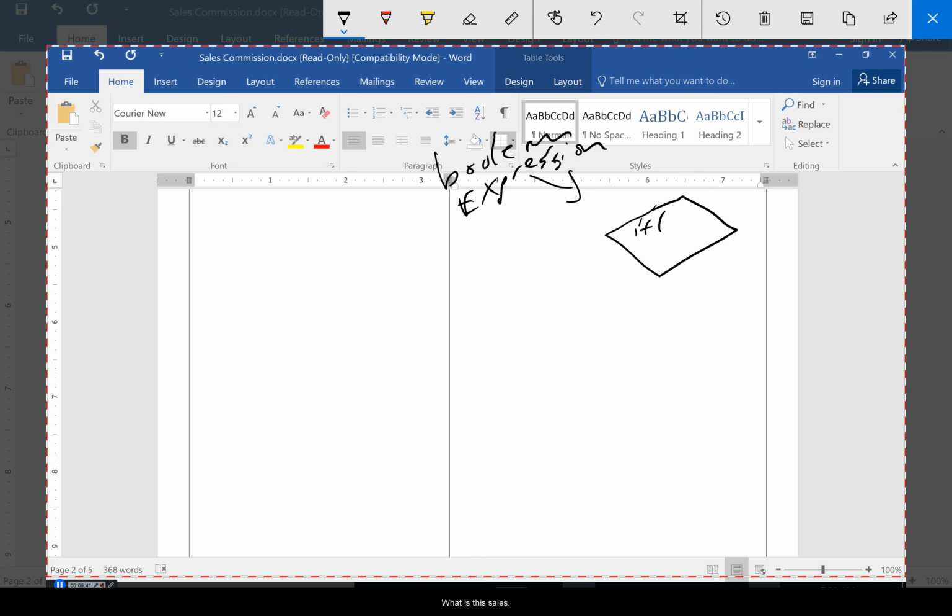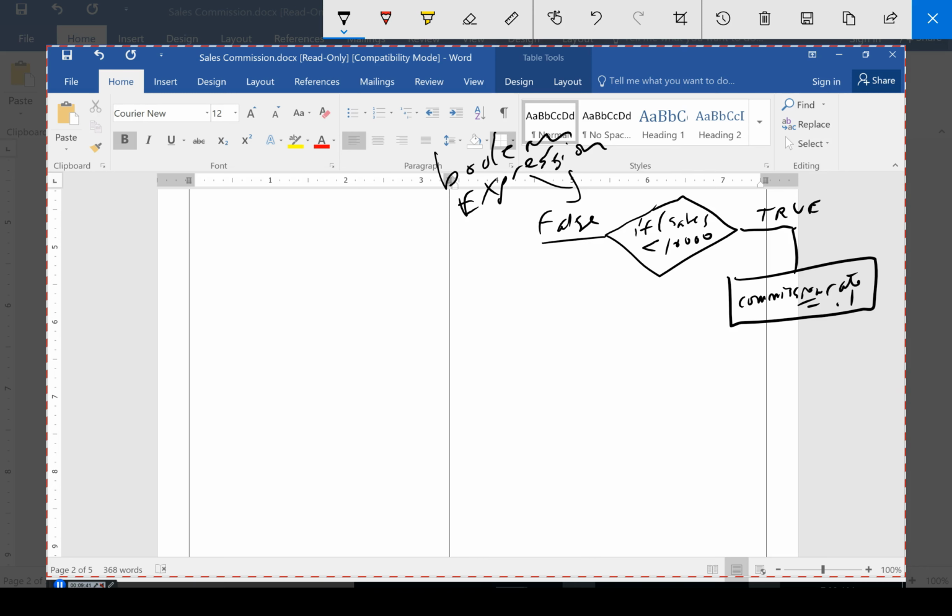So if sales is less than 10,000 and this is true, then inside the box, that's where we're assigning something. We have our commission rate variable equal 0.1. Okay, so if this is true, then do that. If it's false, then we've got to come down here and do another thing. We have to check to see if sales are greater than or equal to 10,000